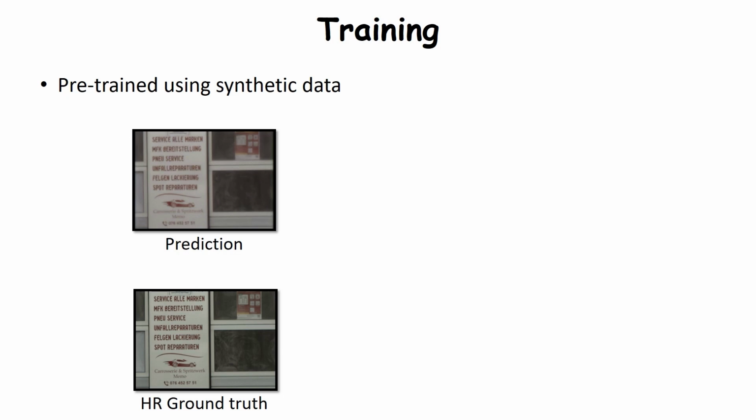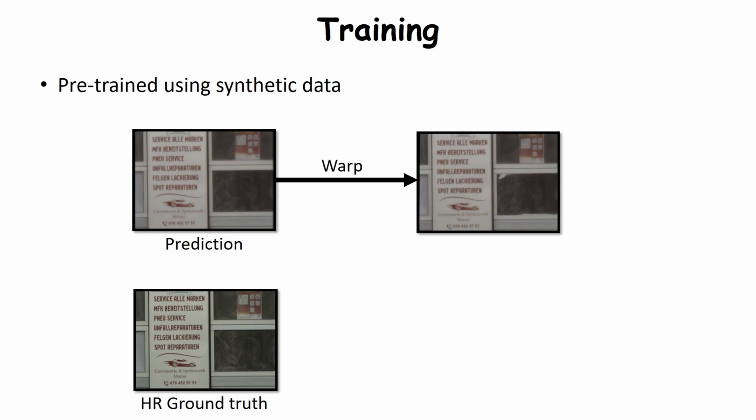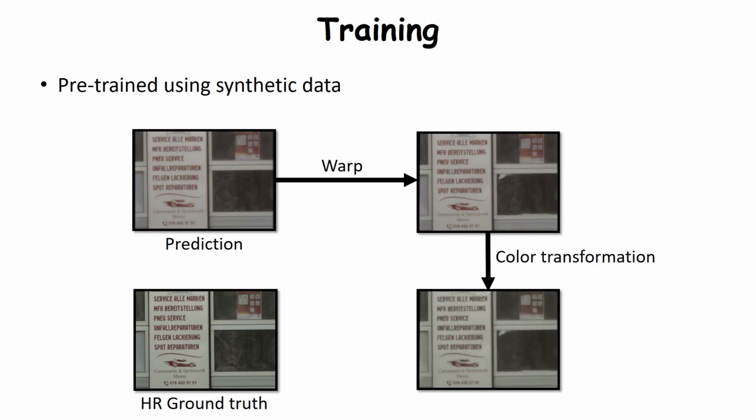Our model is first pre-trained on synthetically generated bursts. Next, we fine-tune it on the training split of our Burst SR dataset using an L1 loss. Note that as the bursts and the HR images in our dataset are captured using different cameras, there exist spatial and color misalignments between the two. In order to handle this, we warp the network predictions to the HR ground truth and perform a color space transformation before computing our loss.